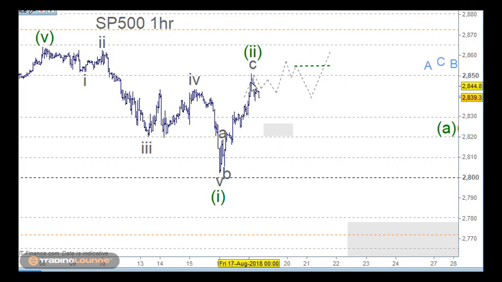So normally we would see the arrival up here, then the reaction in 3 waves, so that can come back further. We'll have a look at that on the tick chart in a moment. But then we'd want to see a push up here. Once we've got the push up here, it's not to trade the breakout above the 2850. It's to allow it to collapse again and find its feet, support, demand, and then push up, and using any